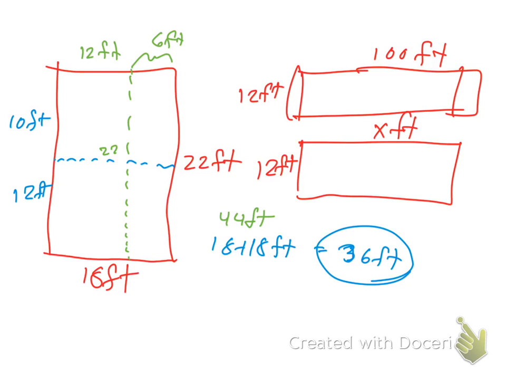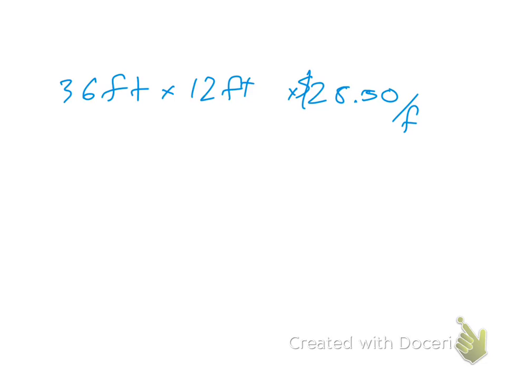That's just sort of a tricky one. So now that I've done that, if it costs $28.50 per square yard, how much did I spend? Well, I've got 36 feet by 12 feet by $28.50 per foot squared. And notice feet and feet cancel. And so then we simply need to figure out what 36 times 12 times 28.50 is. 36 times 12 times 25. And so I get,